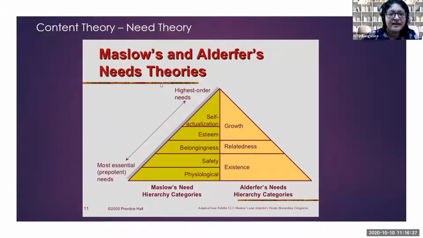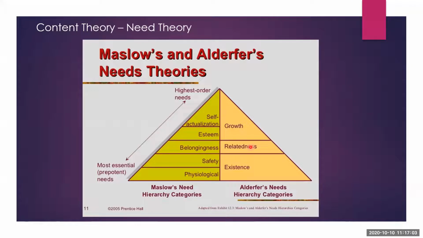Now, Maslow's hierarchy of needs, you are aware of this, I'm sure. There are 5 levels. Starting with the base level, which is the physiological need, then comes the safety and security needs, belongingness needs, esteem needs, and self-actualization or self-realization needs. So this is the most essential piece. This is our very reason for existence. So that's why it's mapped with the existence needs.